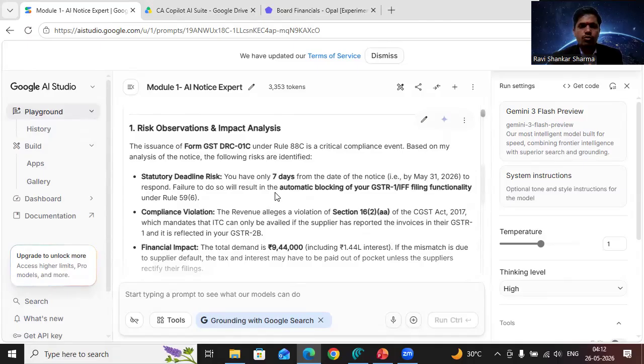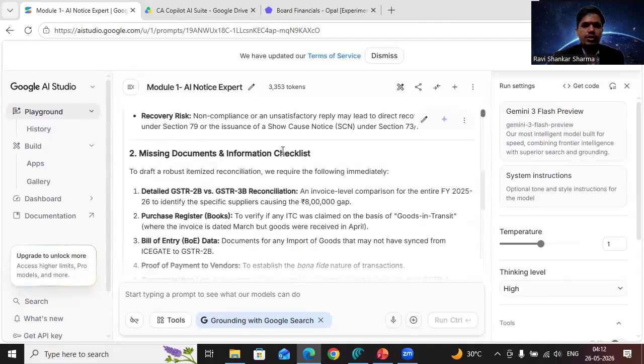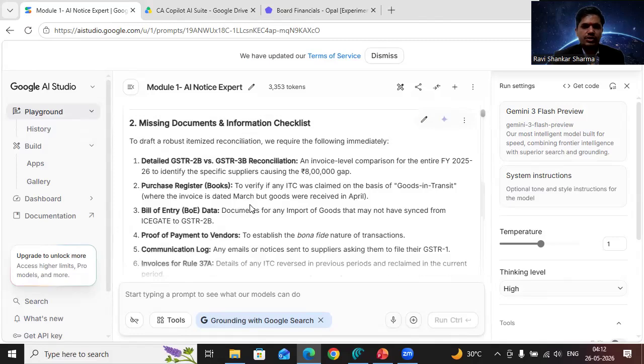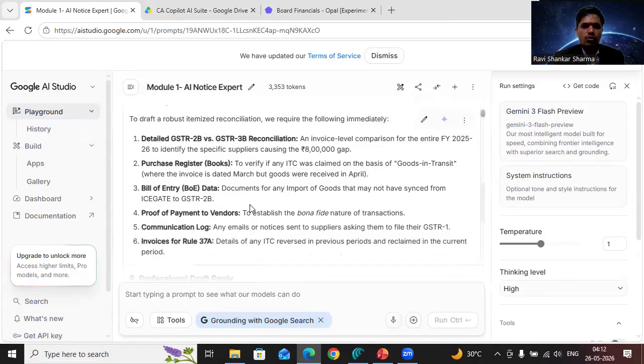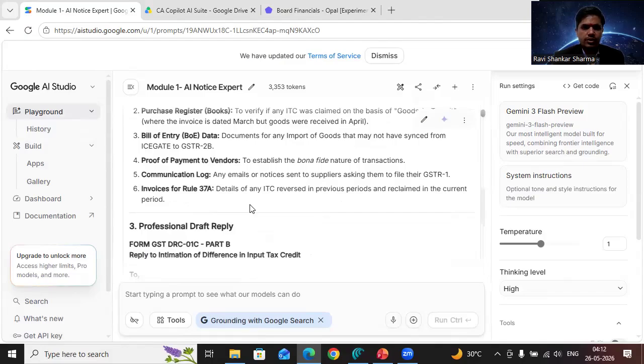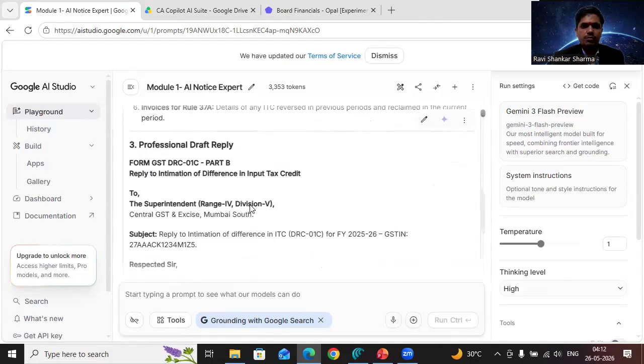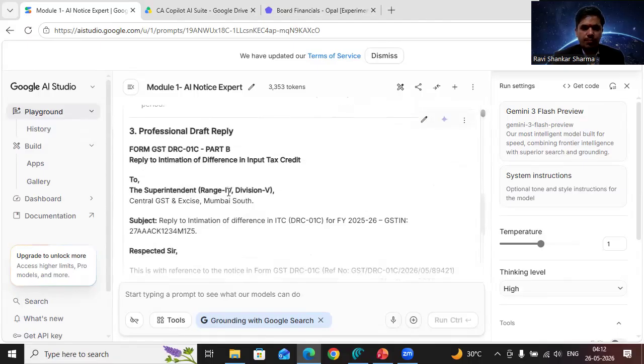This AI module automatically provides the risk observation and impact analysis, then a detailed missing document and information checklist like GSTR 2B and GSTR 3B reconciliations, purchase register books, bill of entry, proof of payments to vendors, and communication logs. Third, the professional draft reply is a good reply that we can send to the GST department